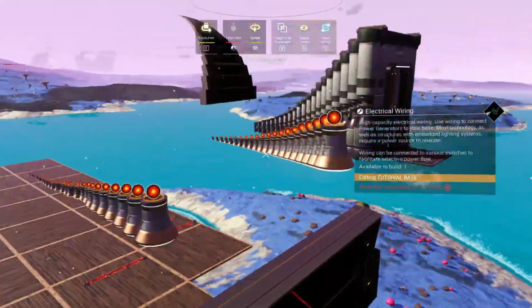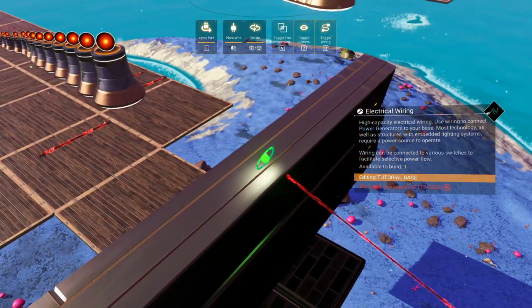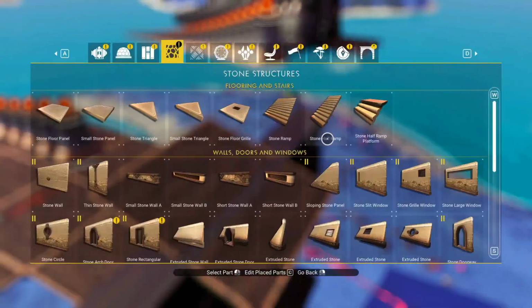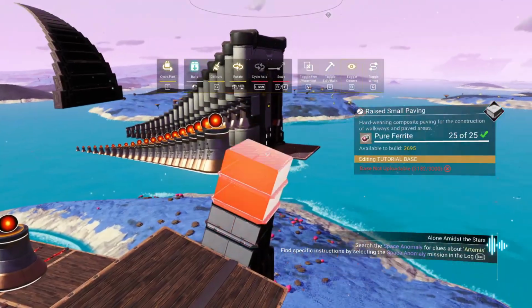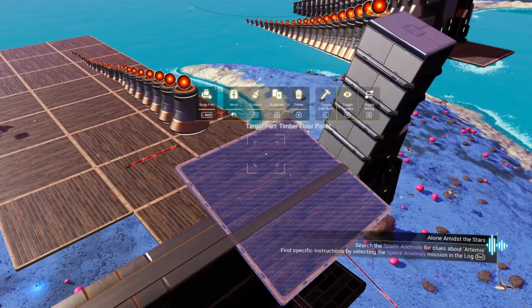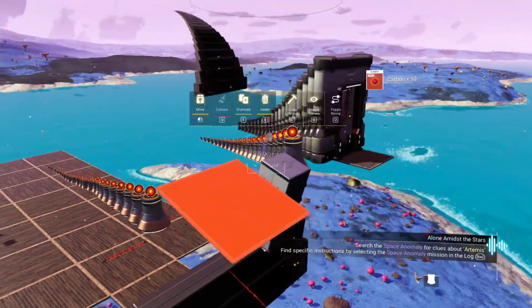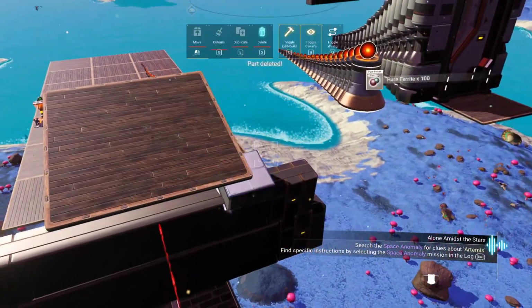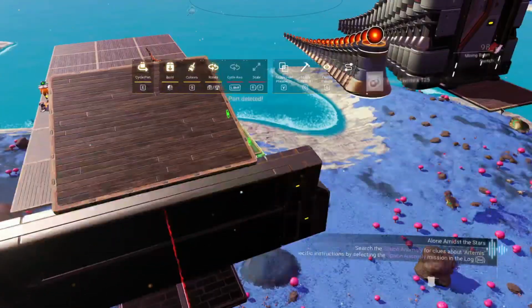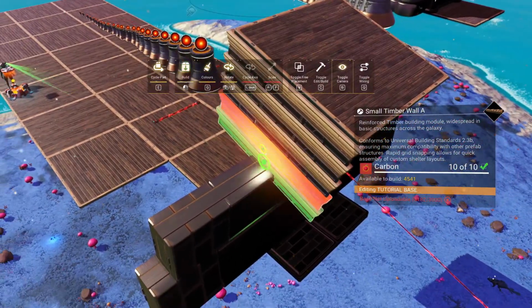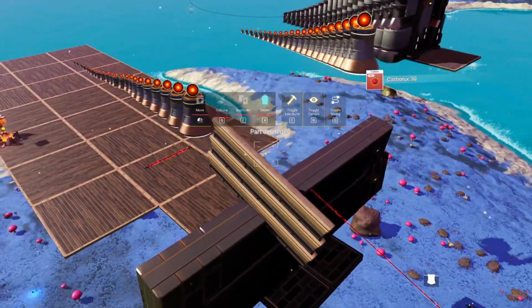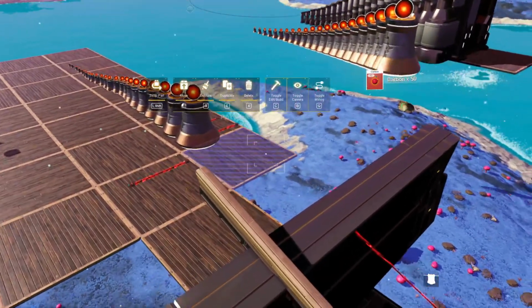So go ahead and grab yourself a wooden floor, wire glitch it into the far end, then return to the build menu, grab yourself your raised small paver, place 5 of them on top of each other, grab the floor from the base, move it all the way to the topmost position you can, delete all the pavers, grab a short wall, place 5 of them beneath each other, delete the floor, delete the top 4 walls, then